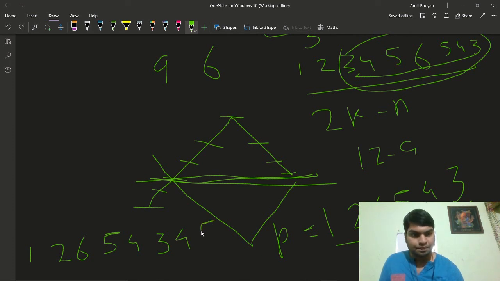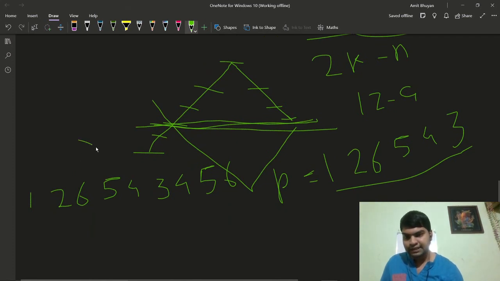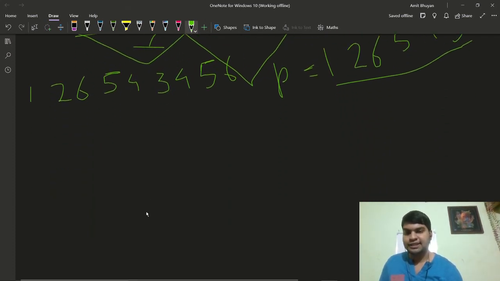We are getting this value from here. So here the number of inversions doesn't change.